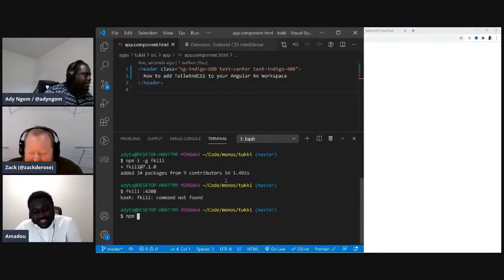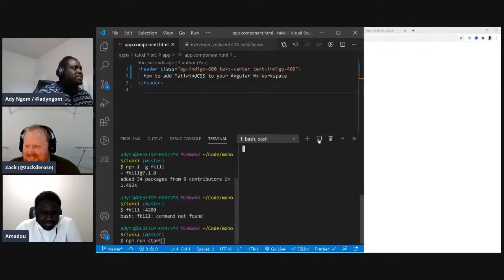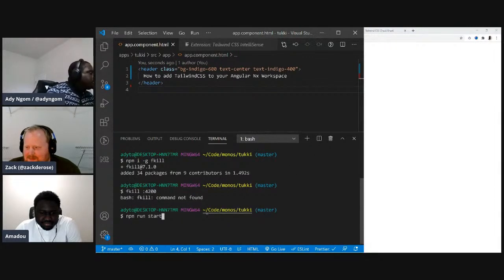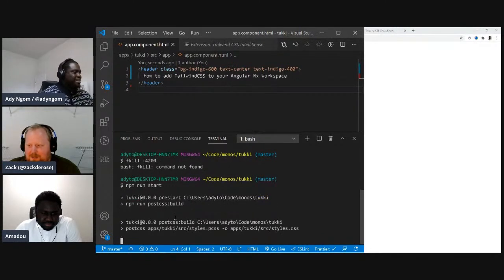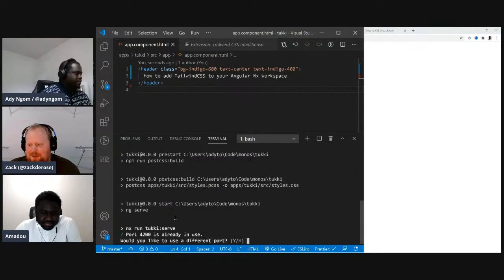npm run start. You may need a new terminal. Yeah, that's what it is, pretty much. Oh, you can do, yeah. I mean, whatever. So, oh, come on. You gotta keep up, man. It's the 21st century, for God's sake. So, fkill, command not found. Still nothing. So, I don't know. Don't worry about it. We'll talk about fkill when we talk about npm. npm run start. There you go. That's a good tip, though. I always end up like querying for processes running on a port and then killing those. So that would help me save a step. Yeah. It's still